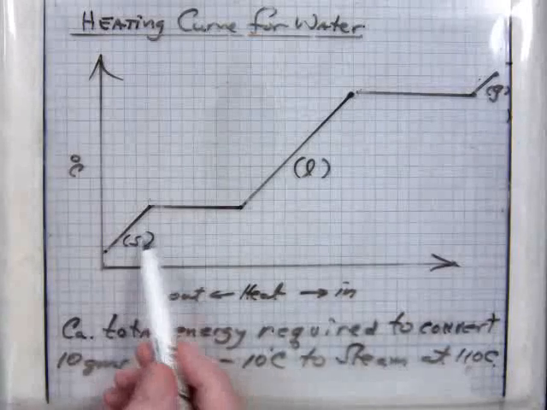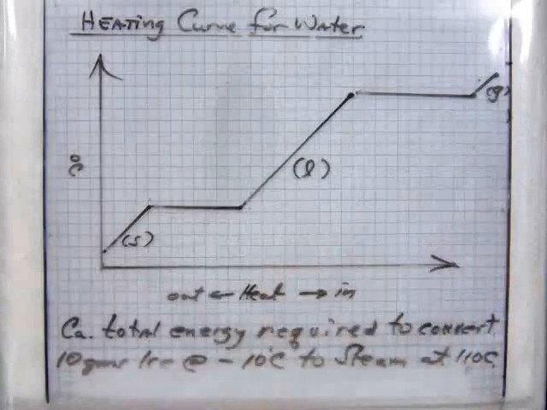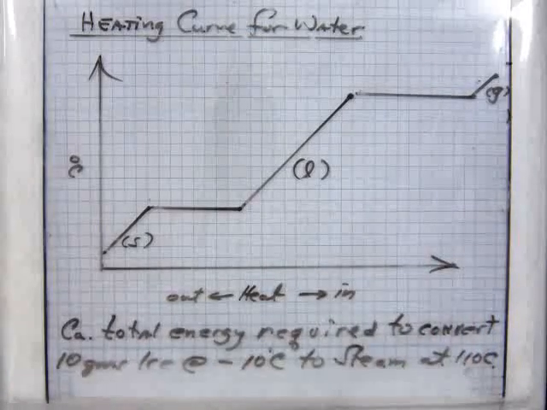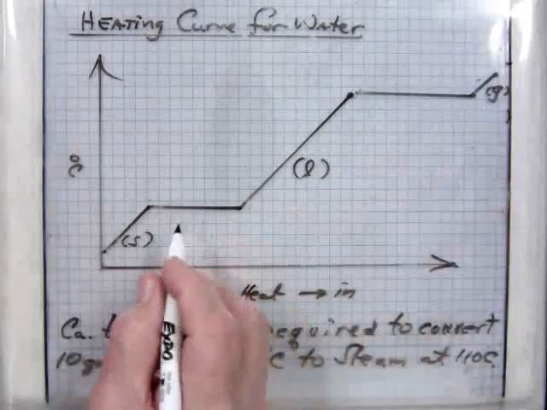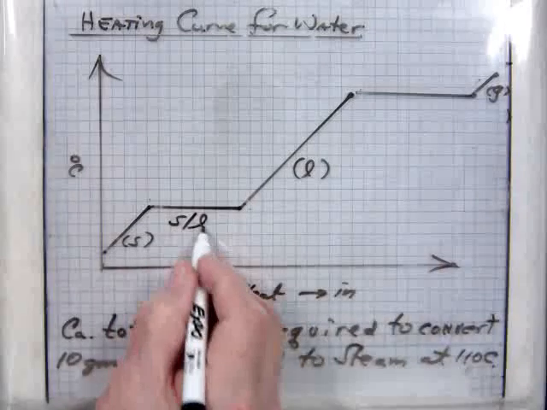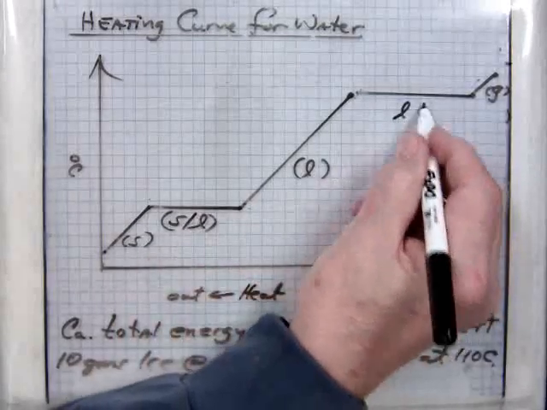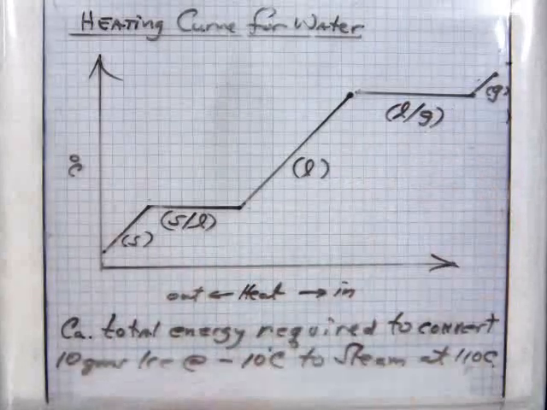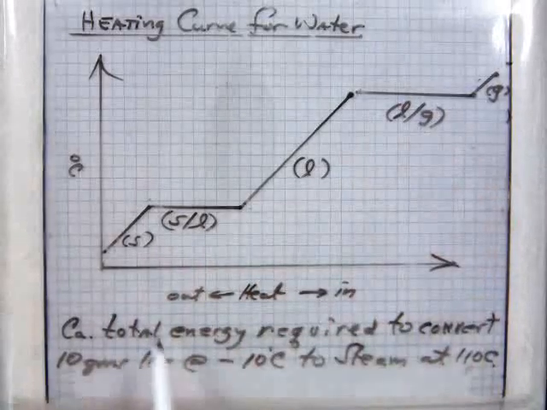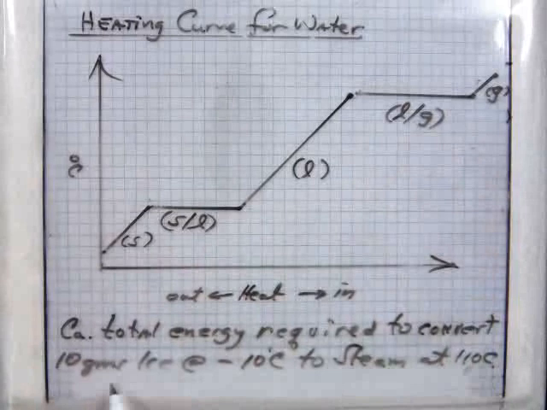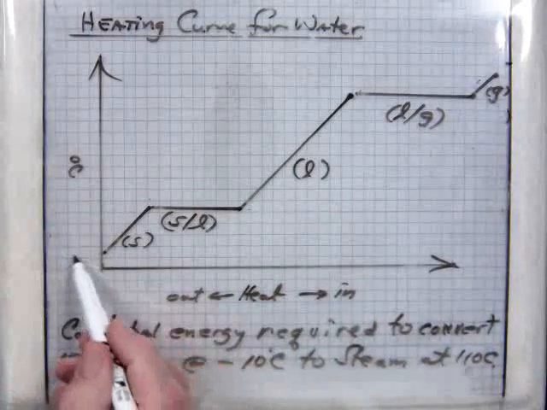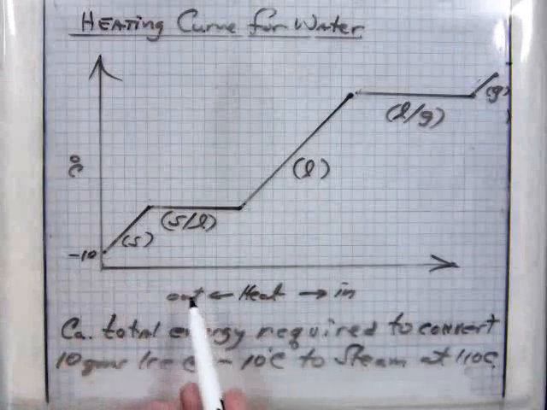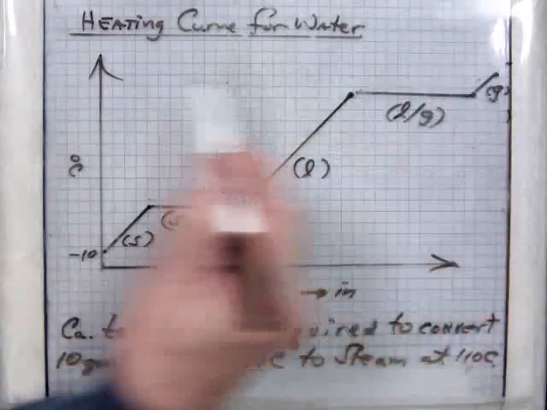Okay, slope, slope, slopes. Each of the slopes are warming of the pure condensed phase, pure solid, pure liquid, pure gas. The horizontal lines are two phases in contact, a melting solid liquid interface, and this is a liquid gas interface, like that. So when answering a problem like the one I've listed here, how much total energy is required to go from, say, minus 10 degrees Celsius to 110 degrees Celsius,